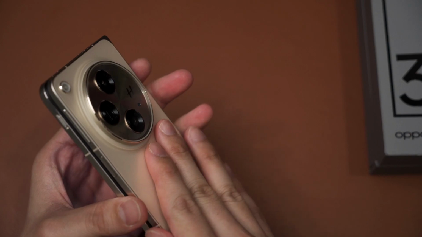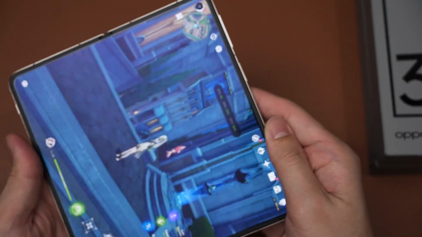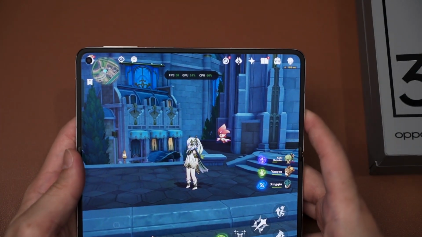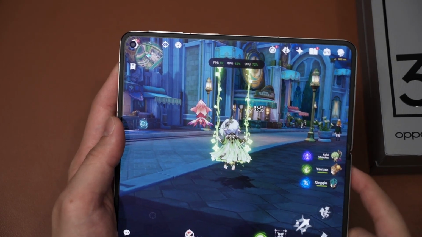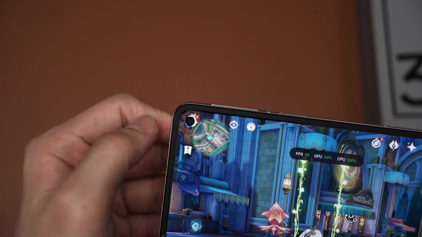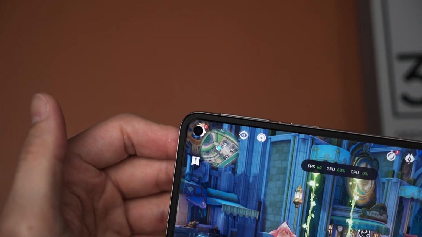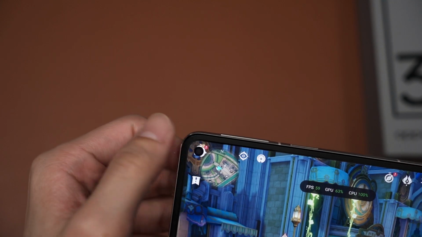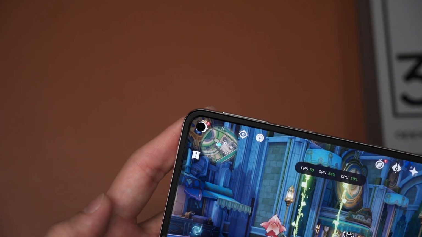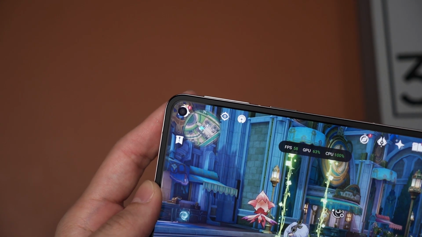And yeah, this phone is definitely getting a lot warmer. So let's head to the next game. There are two issues while playing this game on the OPPO Find N3. The first one, of course, is this camera cutout here for the selfie camera. The icon has been blocked by the cutout, which is annoying since I got so used to the Galaxy